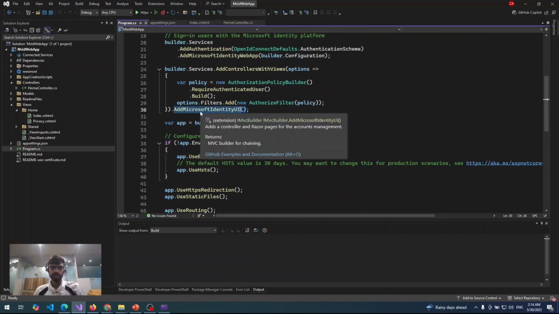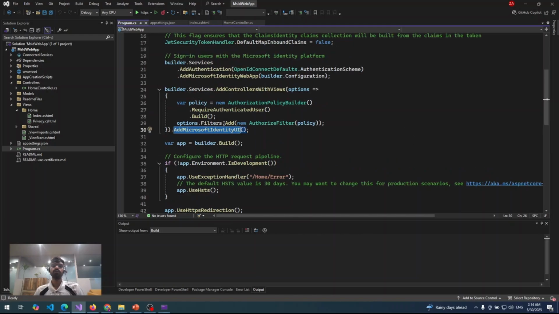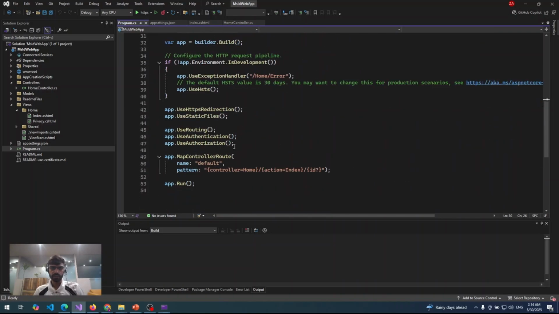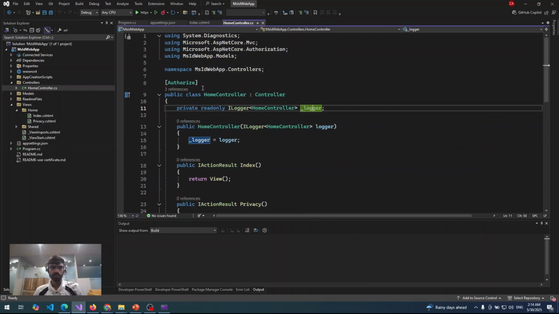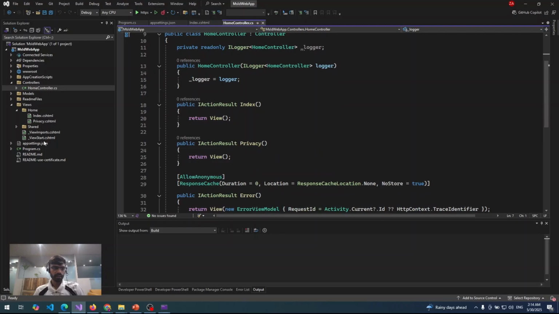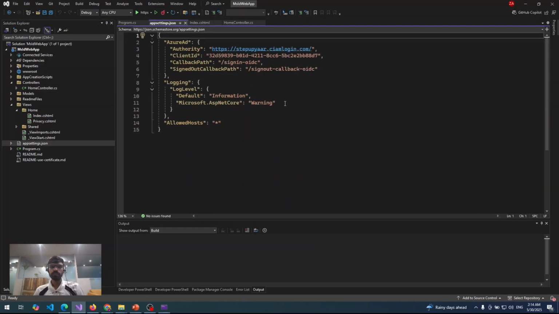And here we have added identity UI. In this case we are using identity areas for login and logout. Right, here we have enabled authorization and authentication. Because of that, we are able to add authorize and use it. Correct? If you see the appsettings.json, you will figure out that when you download the code,